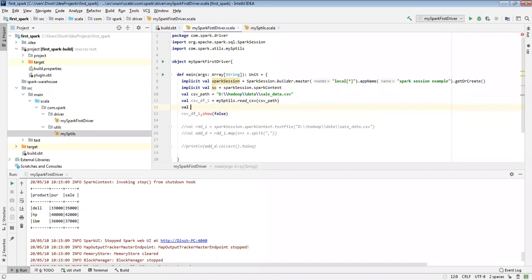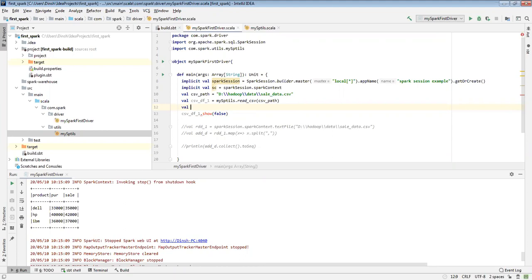For example, I'm going to calculate the profit. I need to add one more column for profit. Correct? I need to calculate it from the purchase and sale, and add it as a separate column.